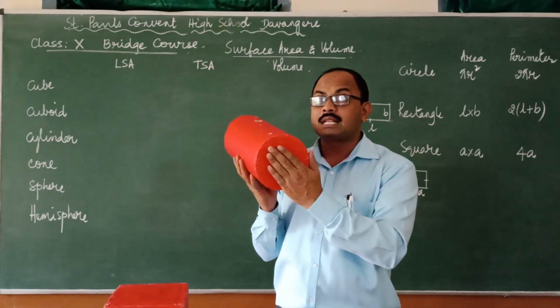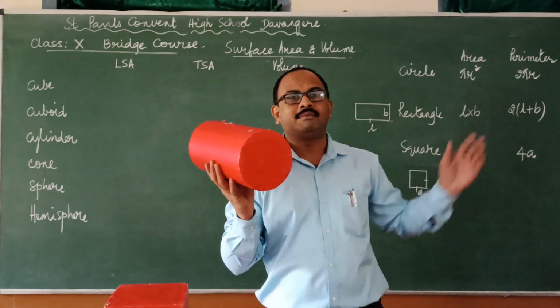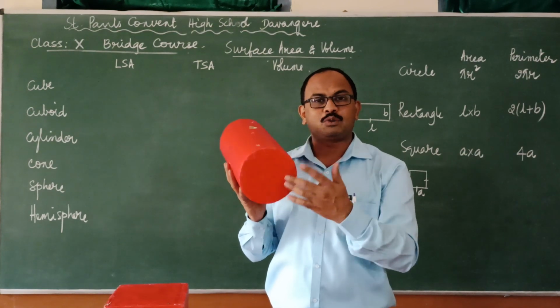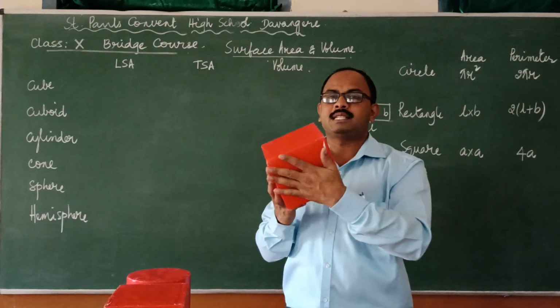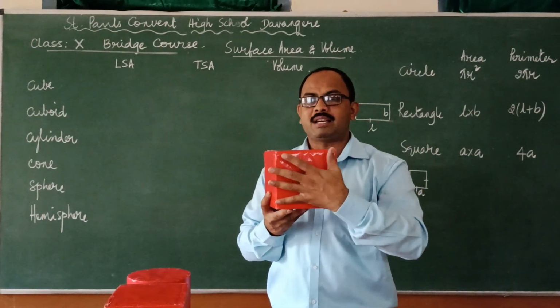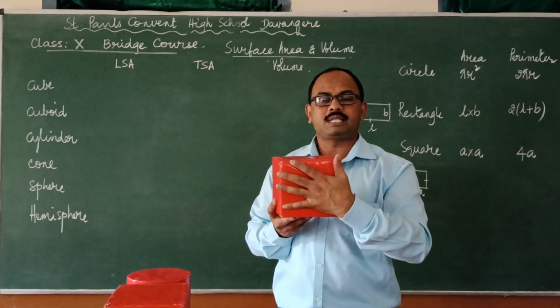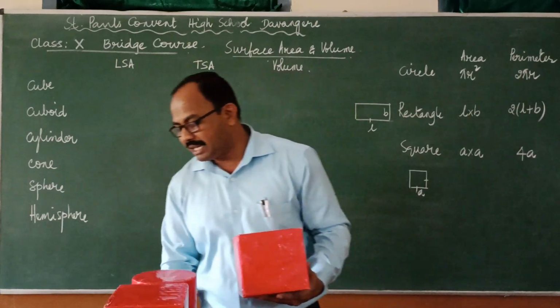The base looks like a circle. Therefore, its area, which we have listed there, is pi r square. Circumference is 2 pi r. Likewise, another base is the square shape. You want to calculate the perimeter of this? 4 into side. Area of this? Side into side. So, let me begin with